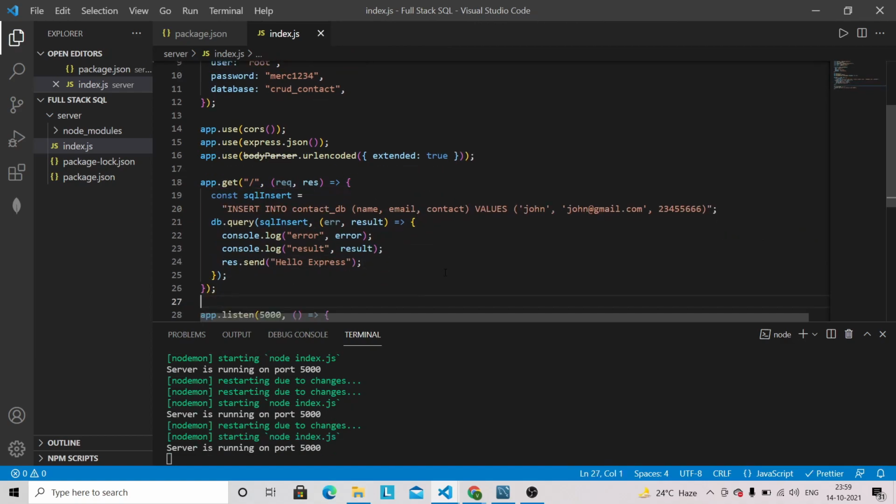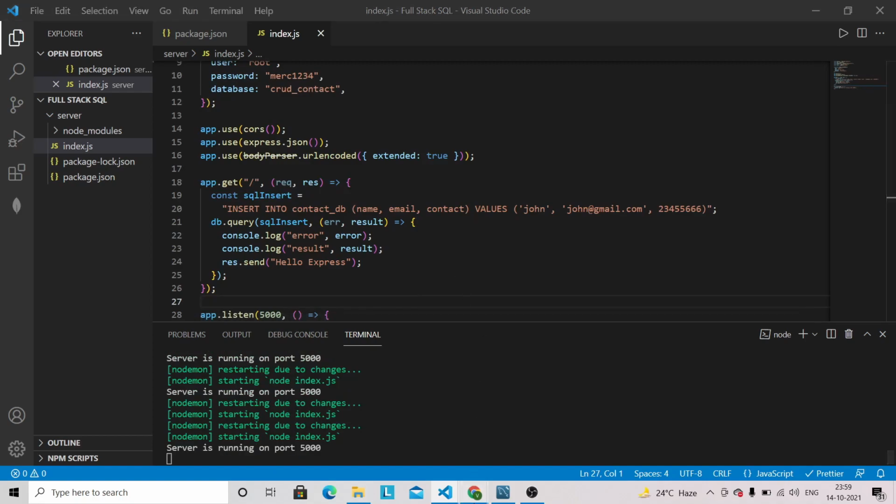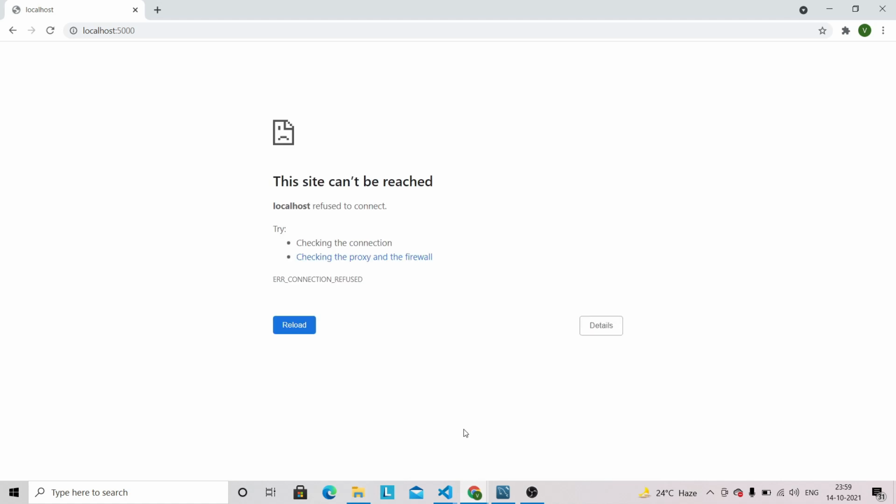So let's save this file, and let's go into the browser and just refresh this one. So we have some issue, I think.